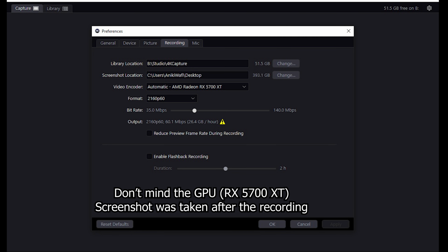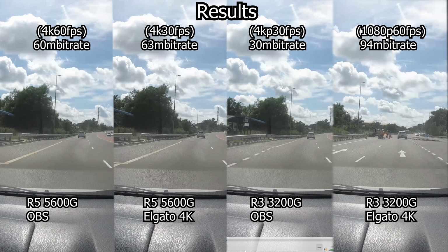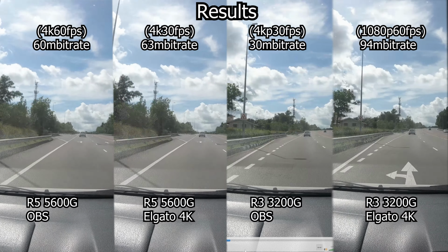Even though I'm using the same setting for both software, Elgato and OBS, I was using AMD H264 encoder and 60,000 bitrate, and surprisingly the result is wow. The only accurate result is Ryzen 5 5600G using OBS. The result is 4K 60 FPS